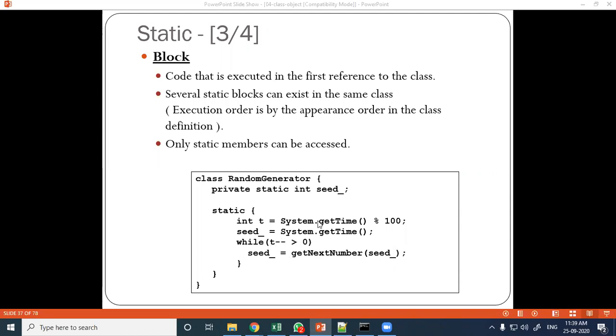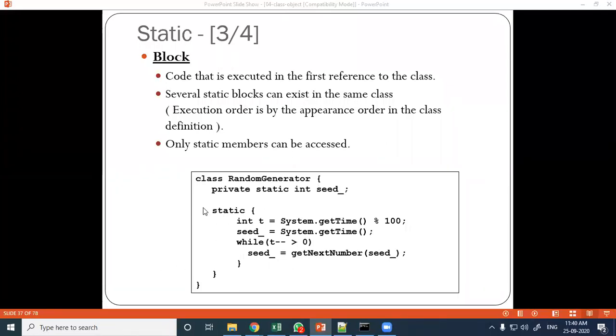So this is a class under which there is a static block, which is code that is executed at the first reference to the class. Only this code will execute when the first reference of RandomGenerator is created. But after that, it will not execute this code. And next, several static blocks can exist.